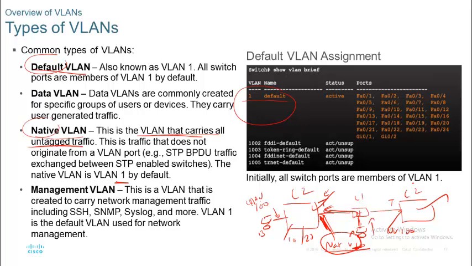Okay. So next is management VLAN. Any VLAN you can dedicate for management. That particular VLAN member only can do telnet or SSH. Any VLAN, say VLAN 40, can be made as management. It's up to you. So there is no separate dedicated VLAN number called management